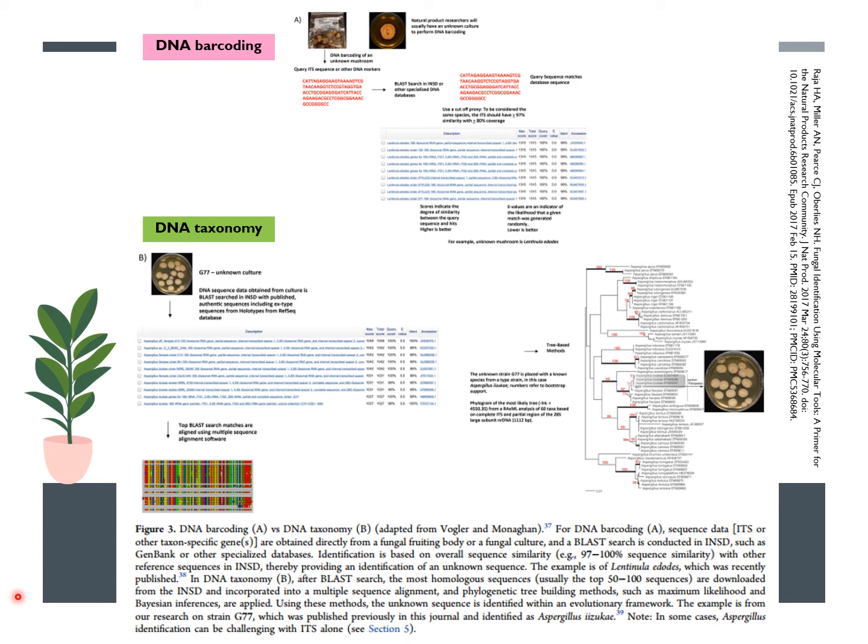And for DNA taxonomy, in panel B, after the BLAST search, the most homologous sequences, usually the top 50 to 100 sequences, are downloaded from the database and then incorporated into a multiple sequence alignment, and phylogenetic tree building methods such as maximum likelihood and Bayesian inference are applied. Using these methods, the unknown sequence is identified within the evolutionary framework, and the example is from the research from this publication,